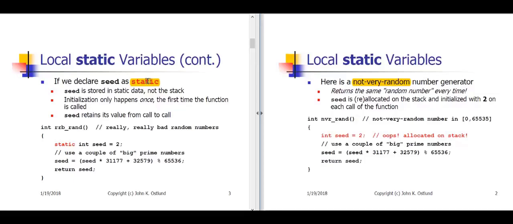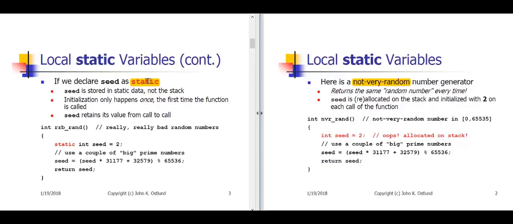When we call rrbrand, the really bad random number generator, the first time, that is when seed in the static data area is initialized with 2, and later when we call this function again, that initialization part is ignored, and we simply have the value of seed as it had been computed the previous time this function was